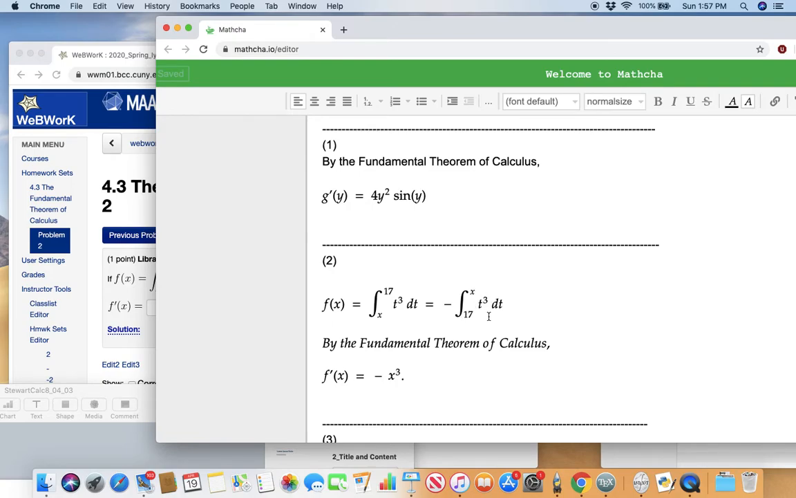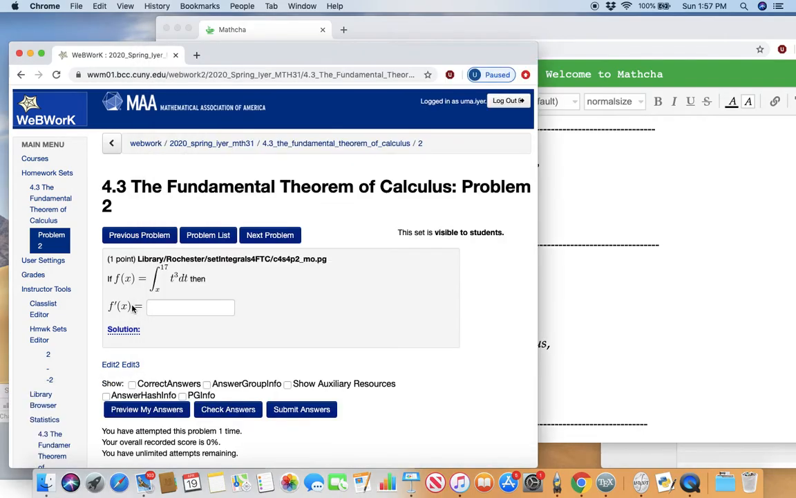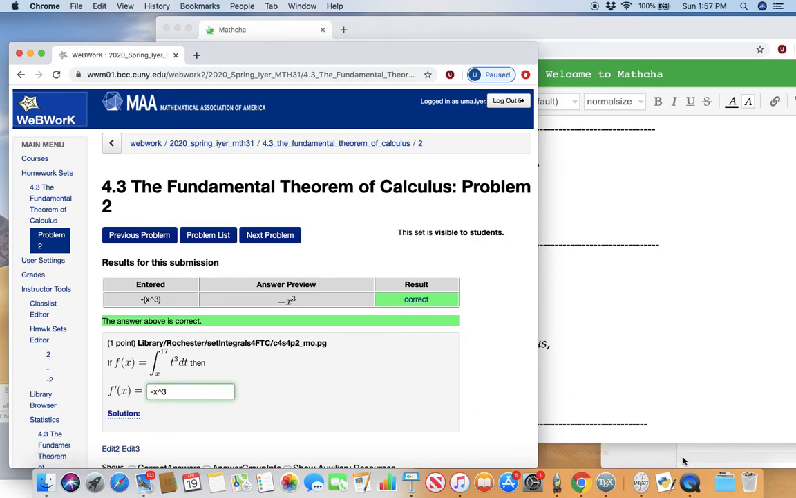So notice when I take derivative of an integral, I get the function inside. The function inside has a negative outside, and that's why it continues. So answer is negative x to the power 3. Okay. So until next video,